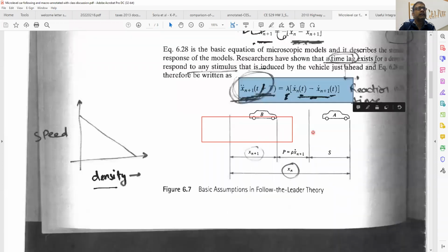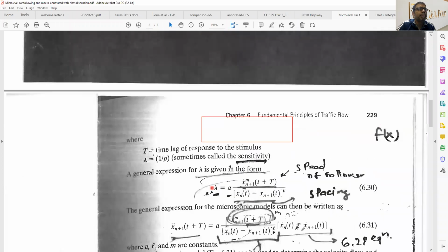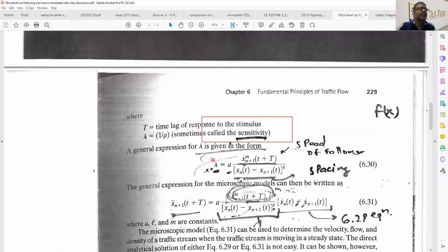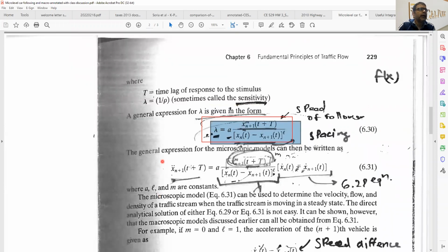So this expression for xn plus 1 double dot and this expression for lambda are now being combined into one big expression which gives you the acceleration at time t plus capital T, some constant a,